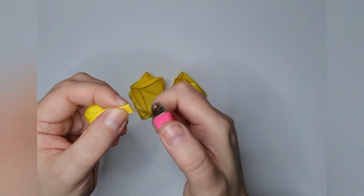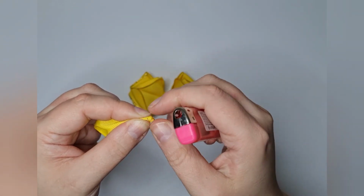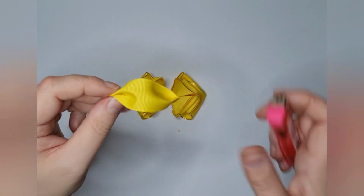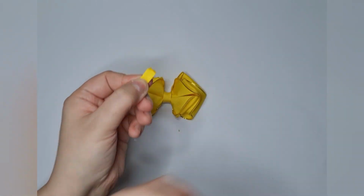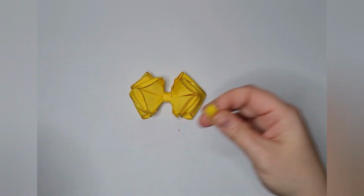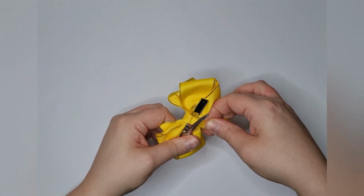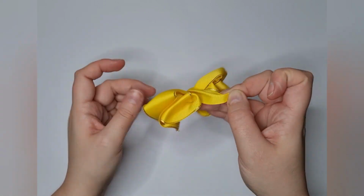Pinch this side. Watch fingers. I just nearly set fire to my ribbon. So you'll have a dip this side and a dip that side. And then you glue one of the flat sides. There we go. Open up our clip again. And then we twist